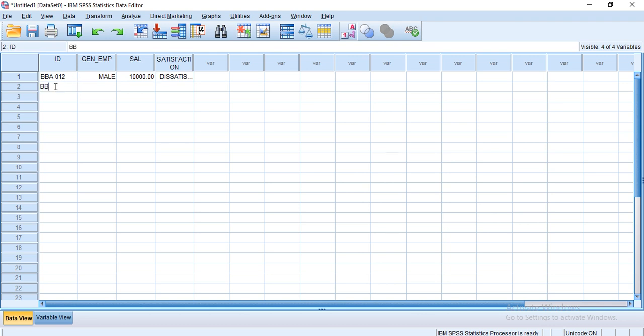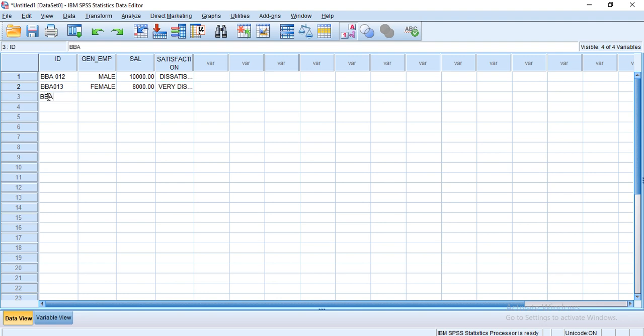Then we can enter BBA 0, 1, 3. Other employee is female and salary is 8,000 per month, and she is very dissatisfied with the job.